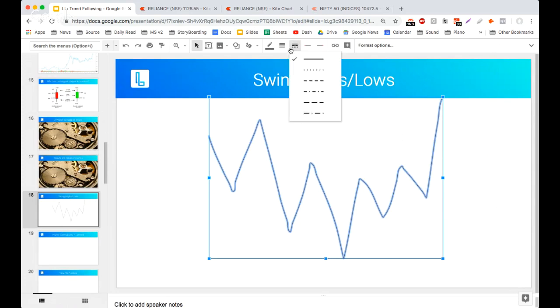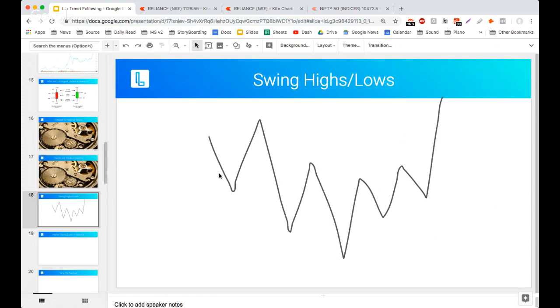Okay, I'll change this. I'll wait for some time this time and have a glass of water too. How many swing lows? So I'll tell you the first one. This is the first swing low. It's just the opposite. Very simple, not complicated at all. This is the first swing low. How many swing lows do you see after that? Can you tell me? Okay. 5. Wonderful. So 1, 2, 3, 4, 5.